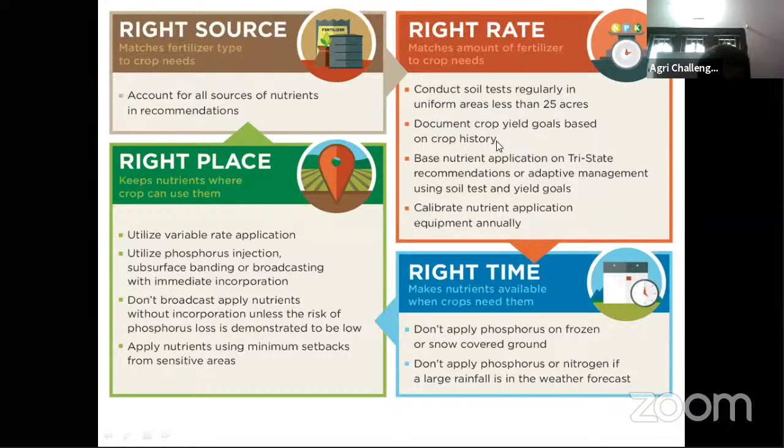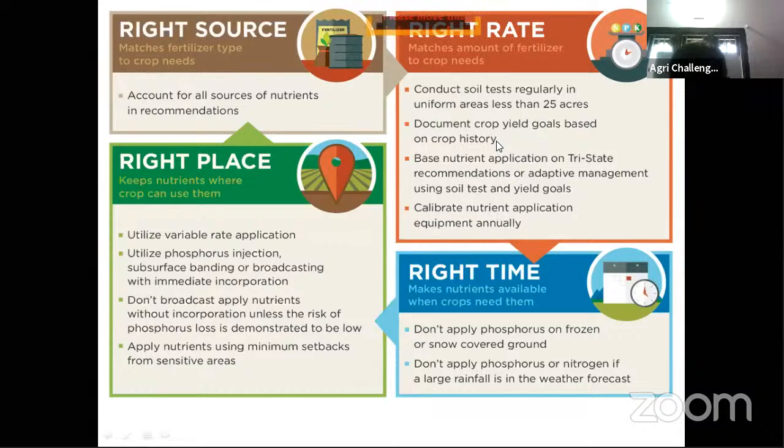Your rate, amount, or quantity of fertilizer or nutrient is also important. It matches the amount of fertilizer to crop needs. What you are applying should match as per crop requirements. If it's required 30 kg and you are applying 20 kg, there is a shortage. If it's required 10 kg and you are applying 20 kg, it's causing toxic effects, toxicity and pollution of soil, water, groundwater and all other things, and wastage of resources. Low productivity is in both cases.